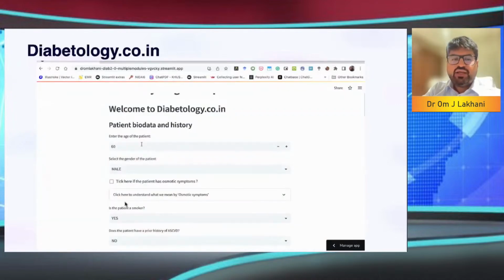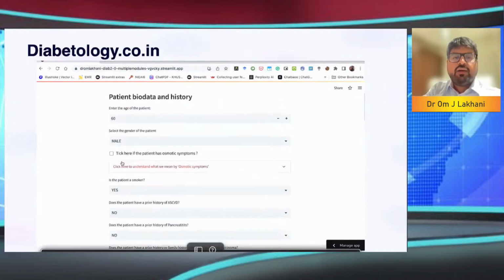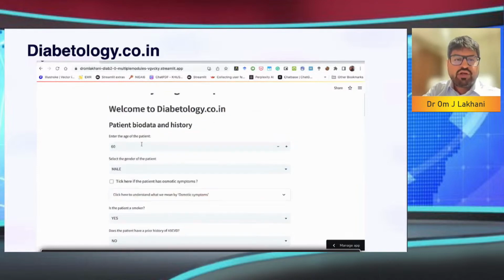Like Dr. Kalra sir said, we dwell a little bit into technology, and we are trying to create a platform called diabetology.co.in, which is a precision medicine algorithm for physicians to identify the right treatment for the right patient. When we were creating this algorithm, we recognized that one very, very important piece of the puzzle is actually heart failure, right? When you fill up this form, this is freely available to you. If you go to the diabetology.co.in website, there is something called